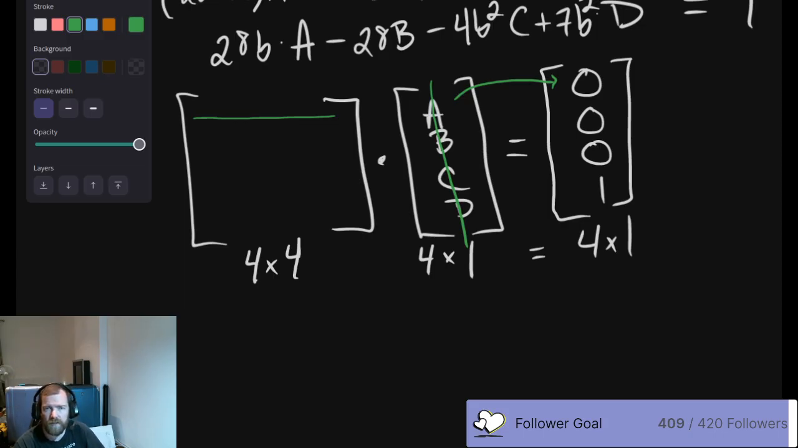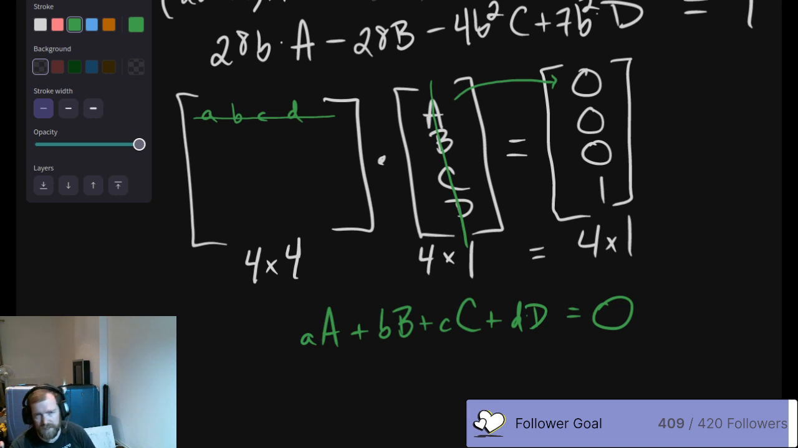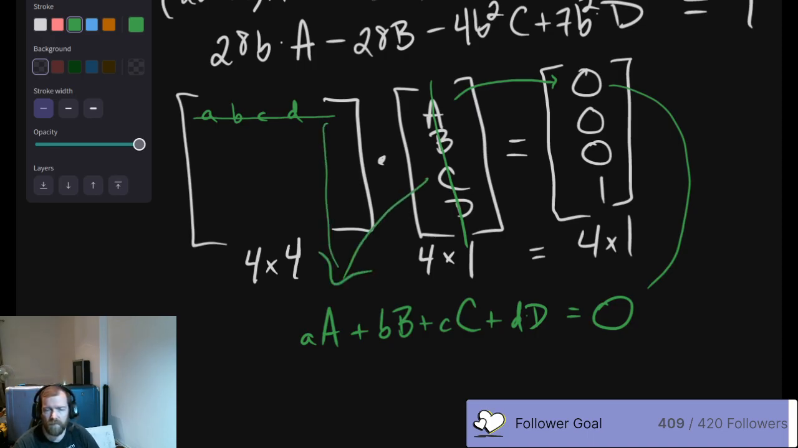So if we did ABCD like this, this would be little a times big A plus little b times big B plus little c times big C plus little d times big D is equal to 0 in this case. Right, that's how matrix multiplication works. It works out very nicely,